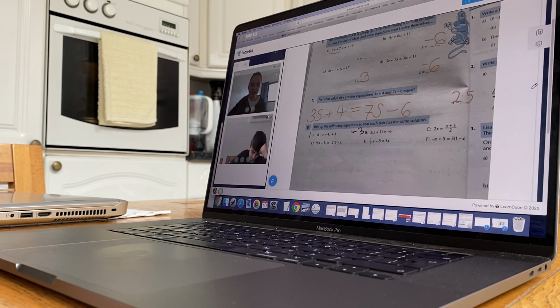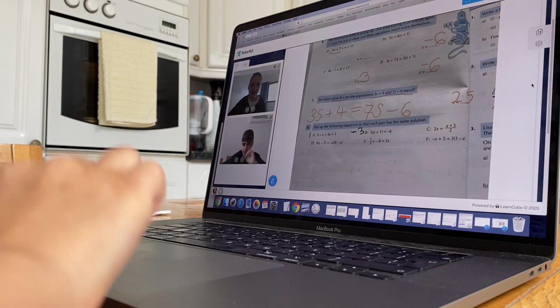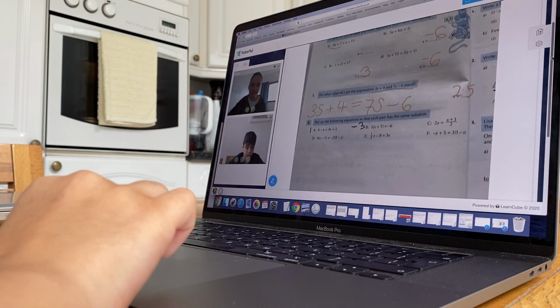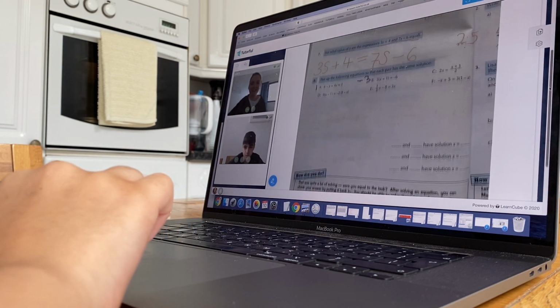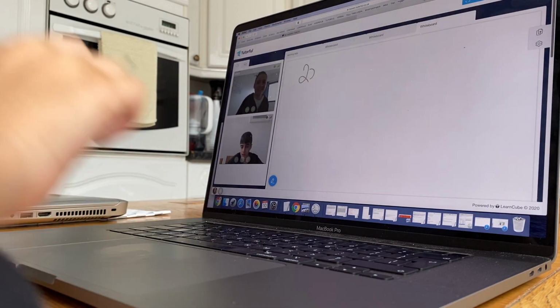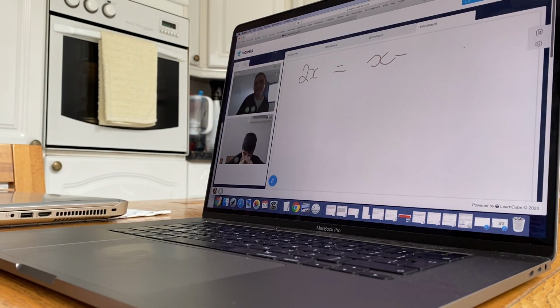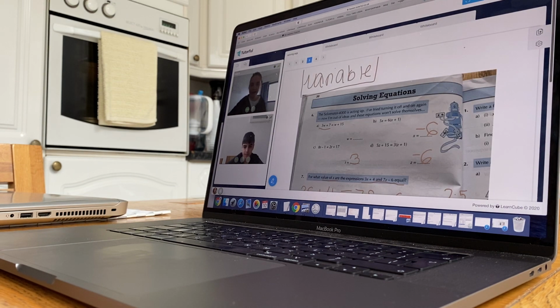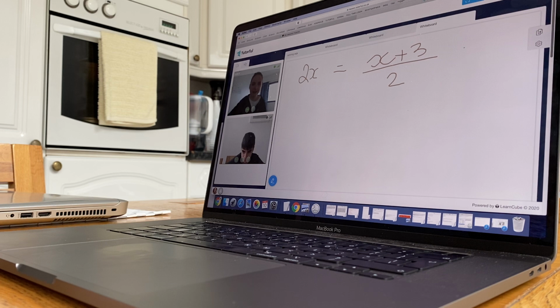This one's going to be a little bit of a tricky one. It's 2x equal to x plus 3 over 2. The over 2 means divide. So we're dividing: 2x equal to x plus 3, all of that over 2. This is a little bit different to ones we've seen before, so let's have a think about what's going on here. If we have the whole thing, this